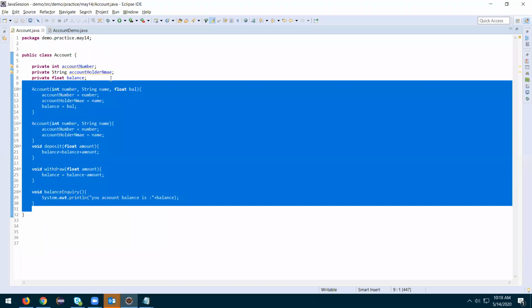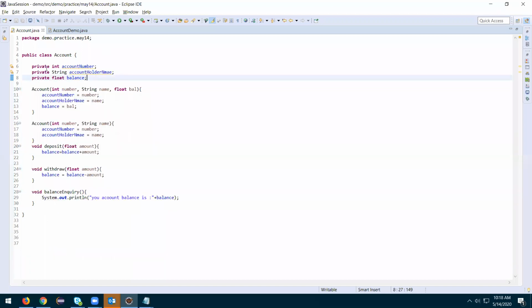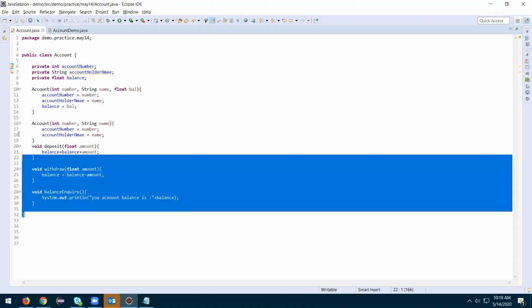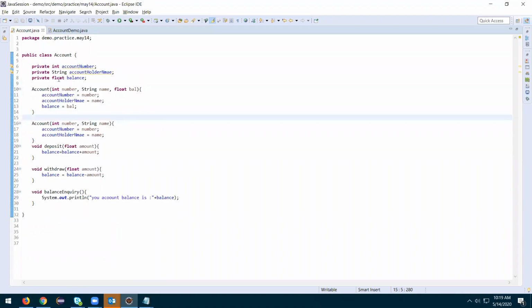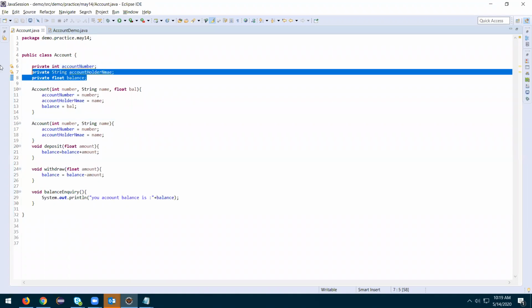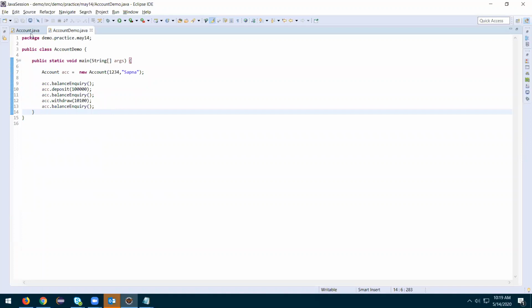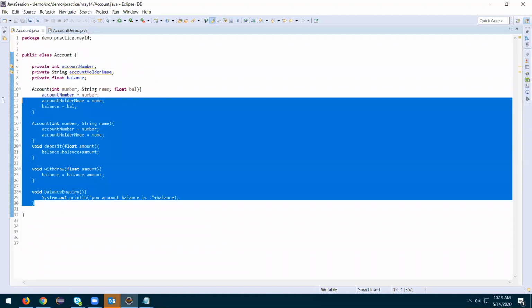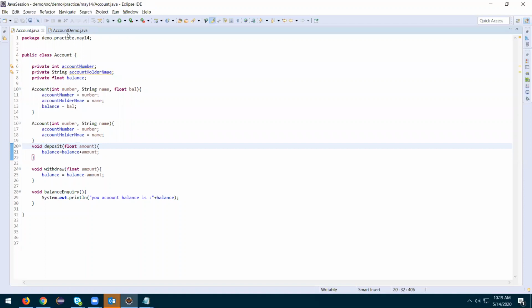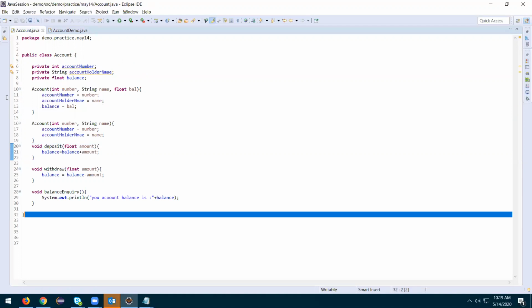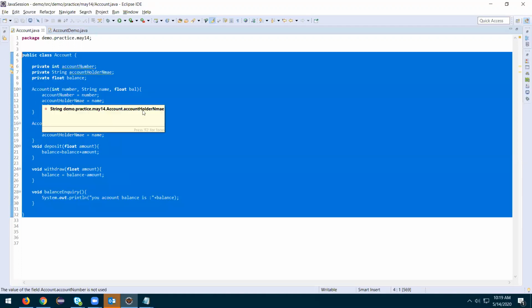If you don't specify this as private, we can access it from outside and do some modification. Along with encapsulation, we specify all the properties as private, and we can only access them using the methods. That's how we secure Java class properties.